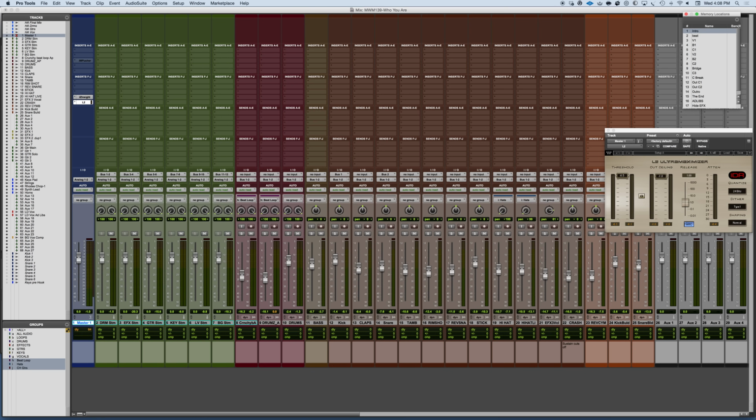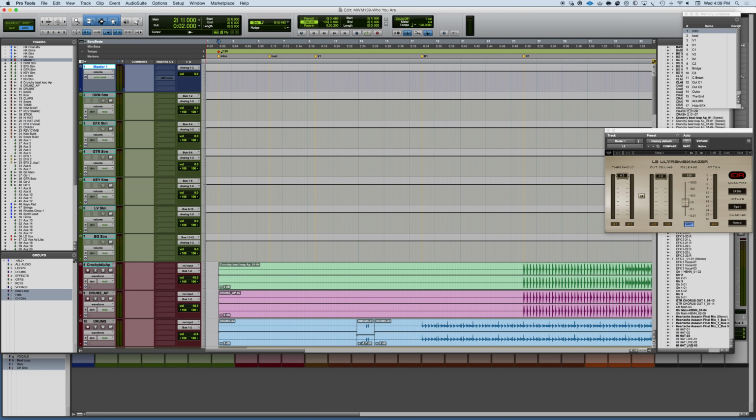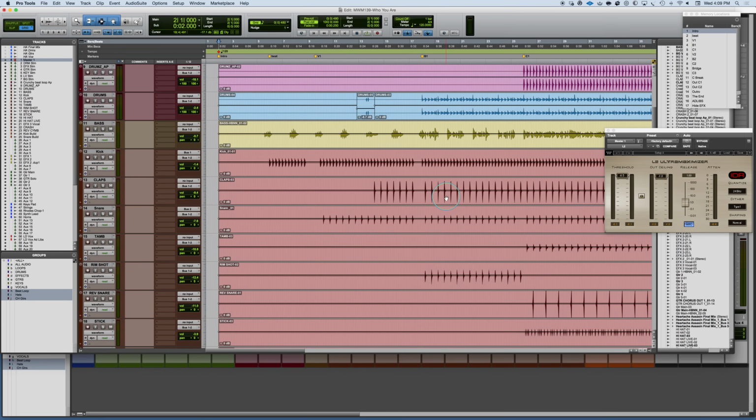So I want to talk about some of the ways that you can manage these things and how to be very conscious of your gain structure as you're going through. Then I'll make some details, and we'll talk about the individual aspects of it. The starting place for gain structure comes from working with your individual audio